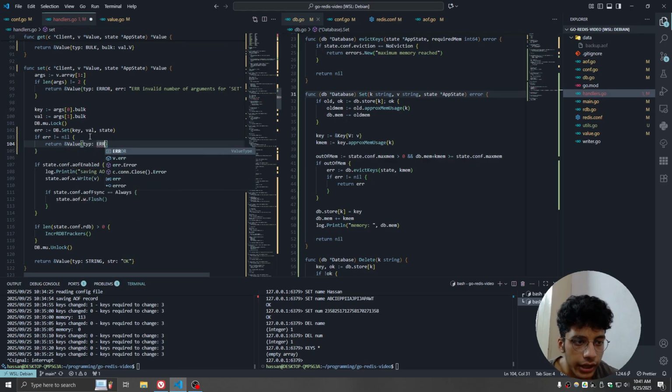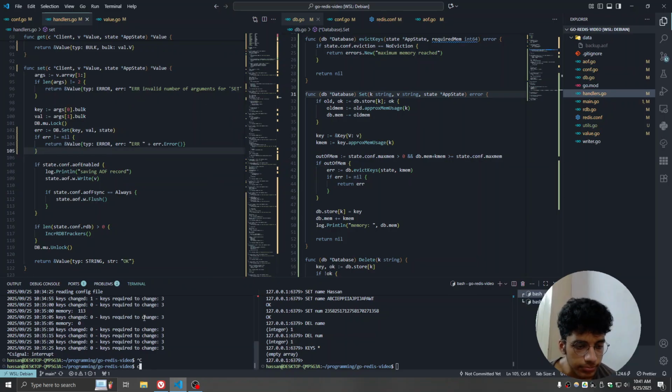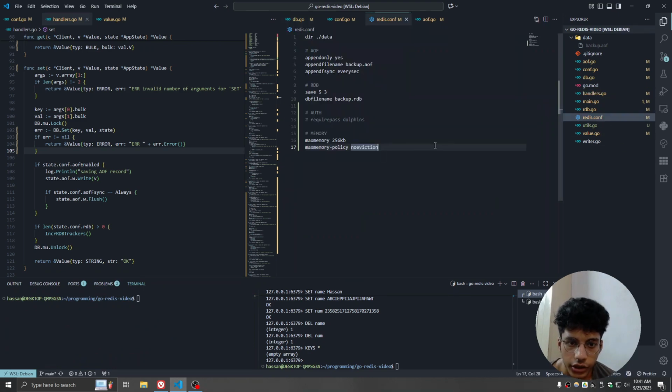This will be a type error, and the error message can be error maximum memory reached, or not even that, but basically error plus the error that we get from the set function call. Let's just do this, save everything,